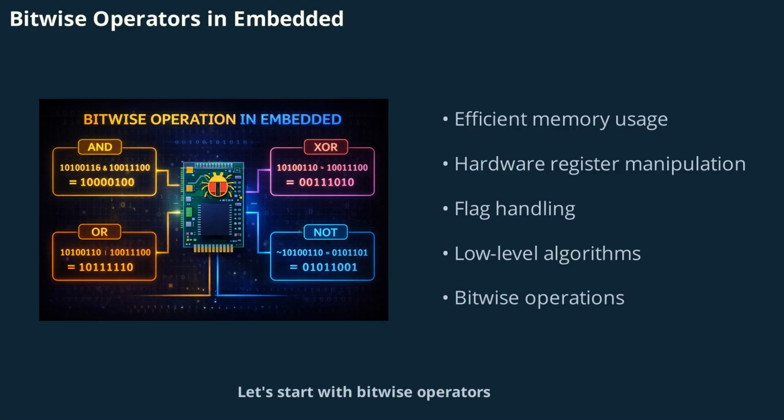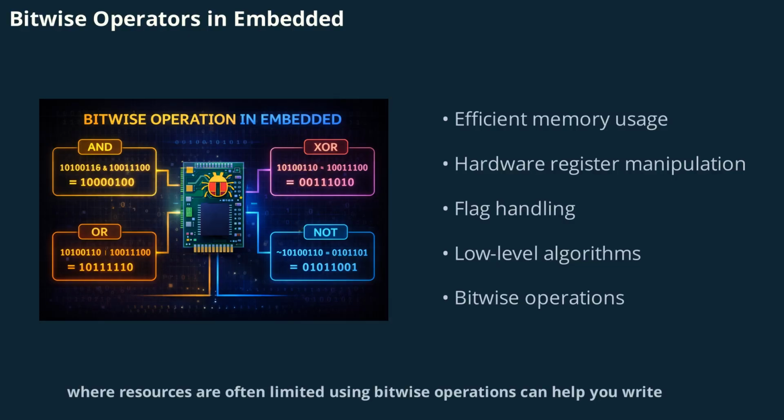Start with bitwise operators, which are essential tools in embedded programming. Bitwise operators work directly on the individual bits of integers, making them incredibly efficient for tasks like memory management, hardware register manipulation, and flag handling. In embedded systems, where resources are often limited, using bitwise operations can help you write code that is both fast